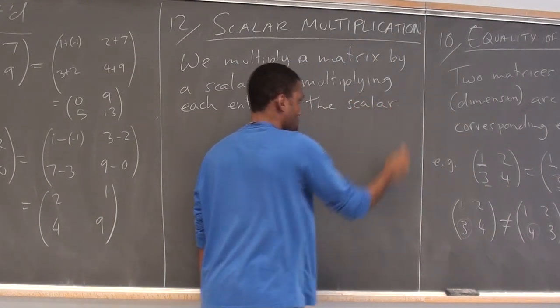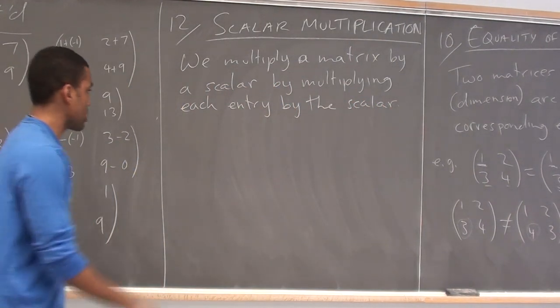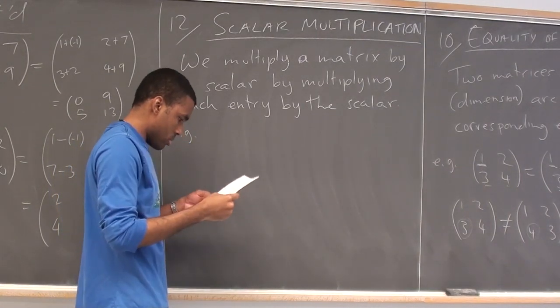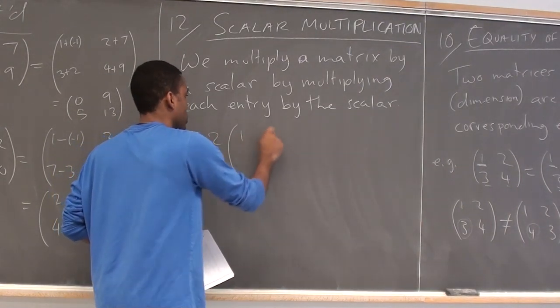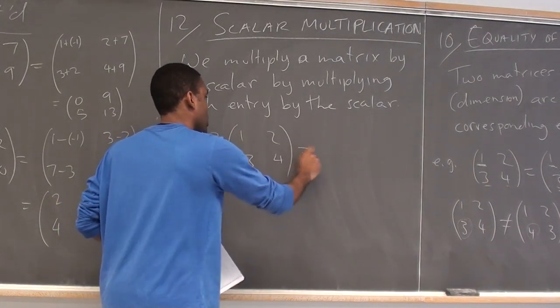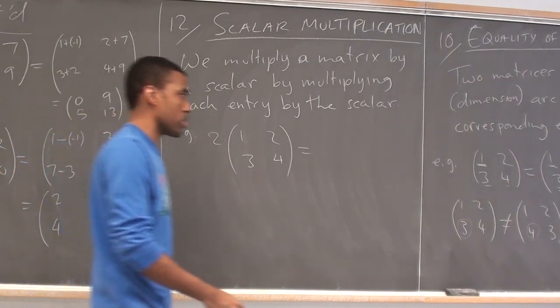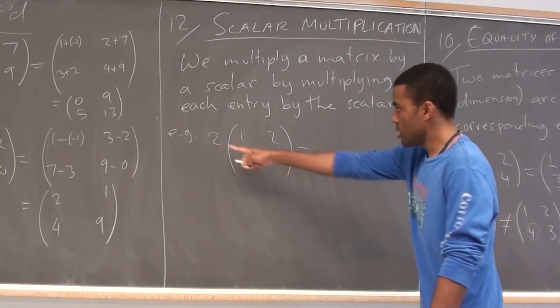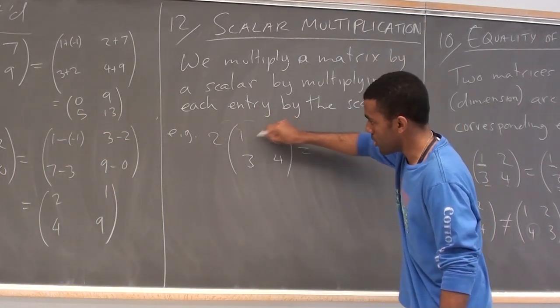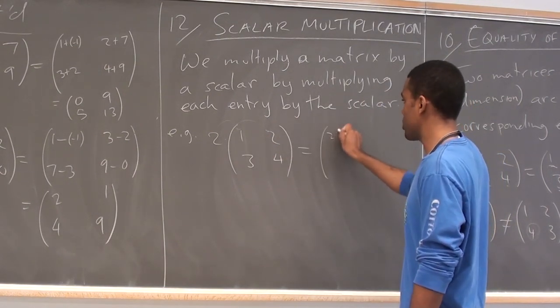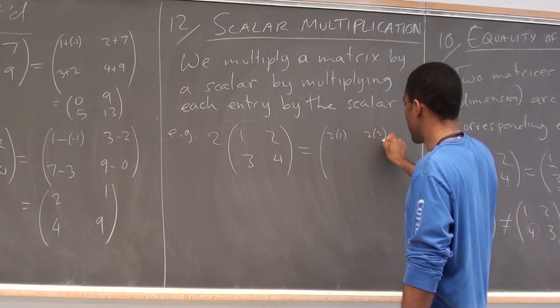All right, so scalar multiplication distributes across matrices. So, for example, if I do 2 times the matrix 1, 2, 3, so I have a scalar multiplying a matrix. I can actually do scalar multiplication with matrices. You just simply distribute it across all the components, just like you would a vector. So this is just 2 times 1, 2 times 2,